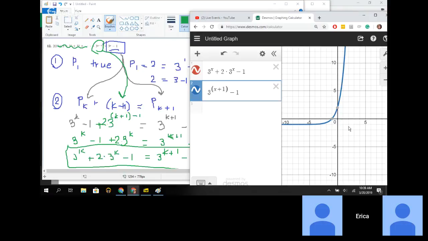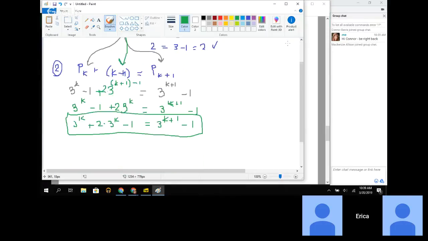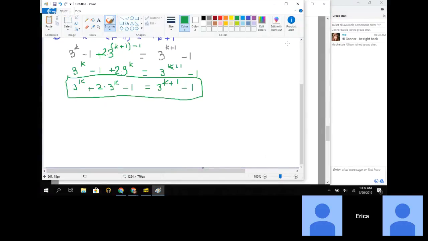So let me just think for a second mathematically. How did I just really easily pop that? Let's see. I could pull a 3^k out of both of these. So if I do 3^k, 1 plus, oh, that's what I did. Sorry. 3^k times 1 plus 3 minus 1. So I pulled 3^k out of both of those, right? Equals 3^(k+1) minus 1.